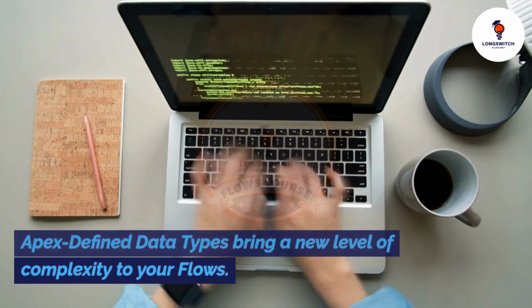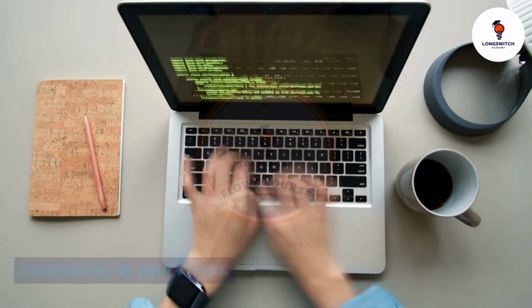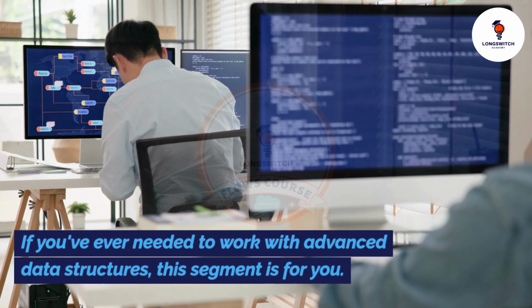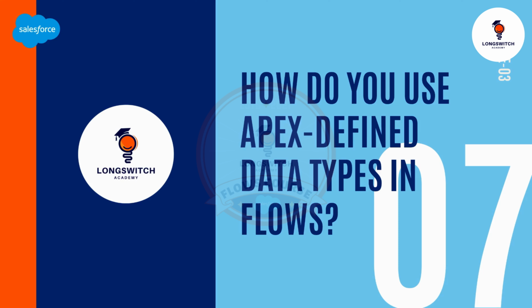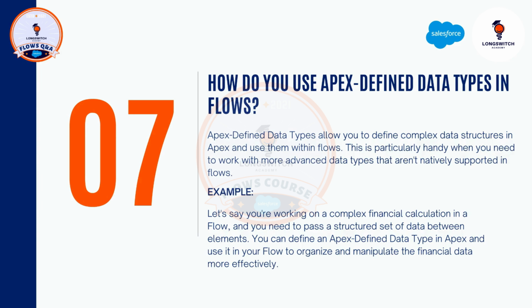Apex-defined data types bring a new level of complexity to your flows. If you've ever needed to work with advanced data structures, this segment is for you. Question 7. How do you use Apex-defined data types in flows? You can answer it like, Apex-defined data types allow you to define complex data structures in Apex and use them